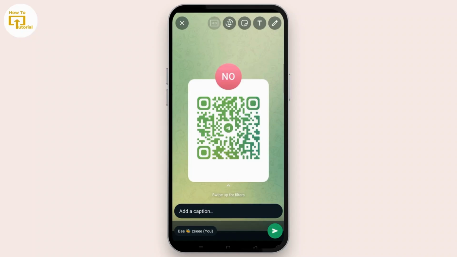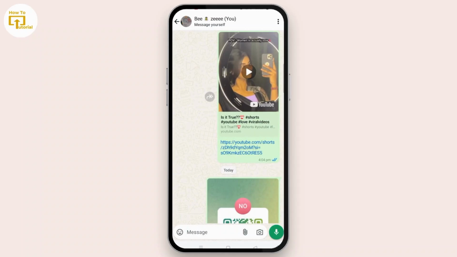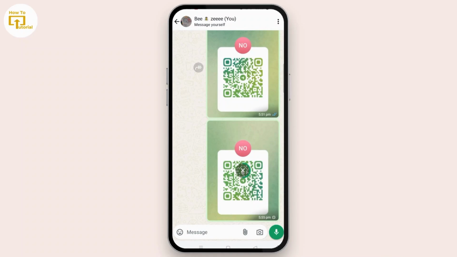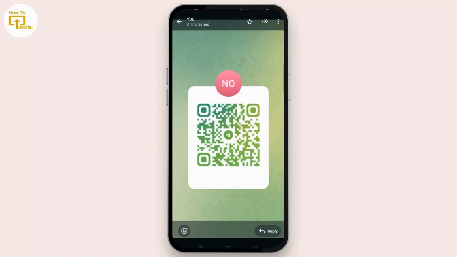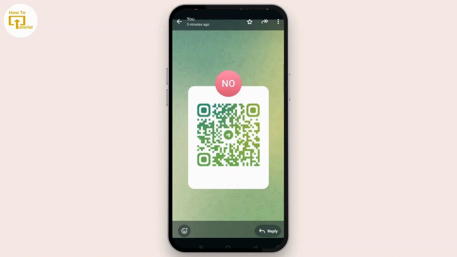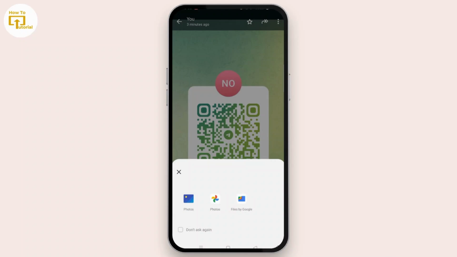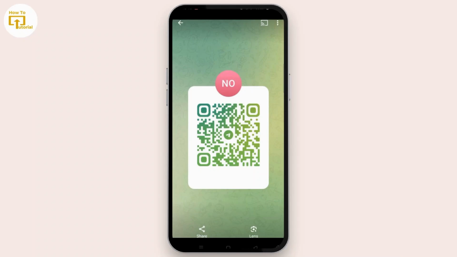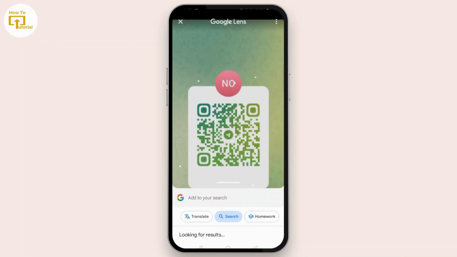Once you have saved this QR code, you can easily open the QR code here. And after that, tap on the three dots at the top right corner of the screen and you can easily view in gallery. Here you will get the option of Photos, Google Photos and Files by Google. For now, let's choose Google Photos. If you don't have this application, install it, because without this app, you cannot scan QR code on Telegram on Android. So with that, tap Lens at the bottom right corner of the screen and you will get redirected to this